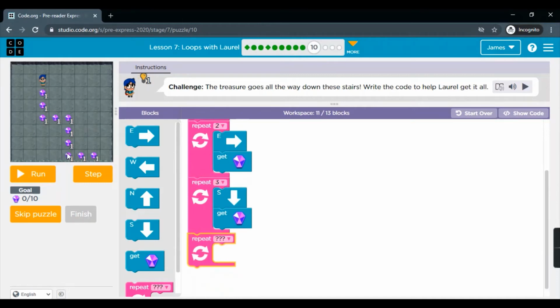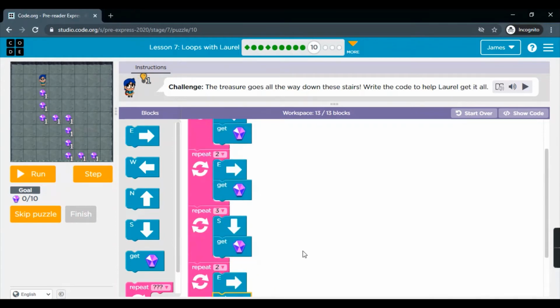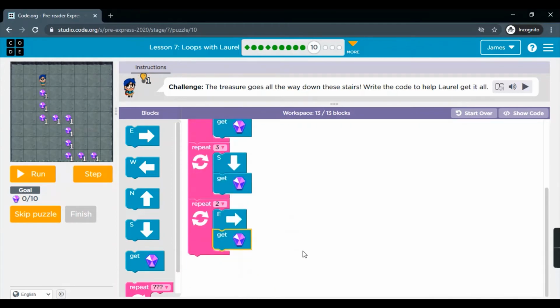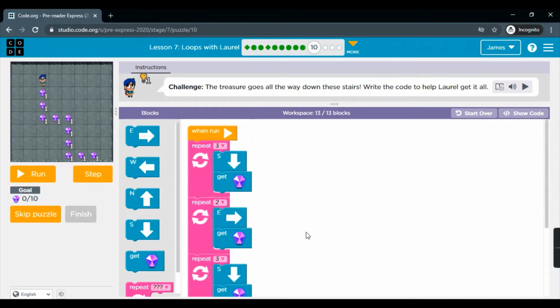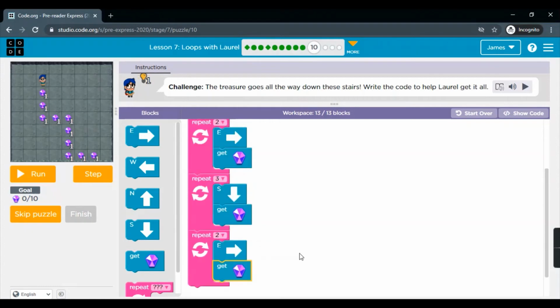And once Laurel reaches here, 2 times east to get all the treasure. Okay. Can you guys see a pattern here? That is south, east, 3 times south, 2 times east, again 3 times south, 2 times east.